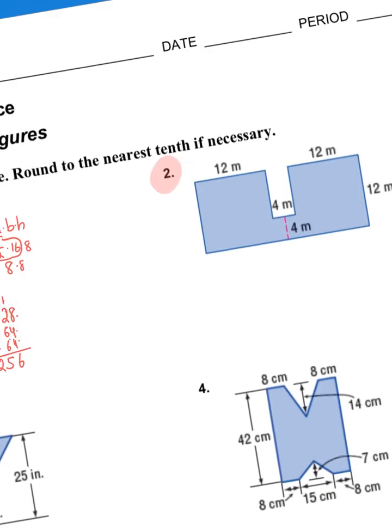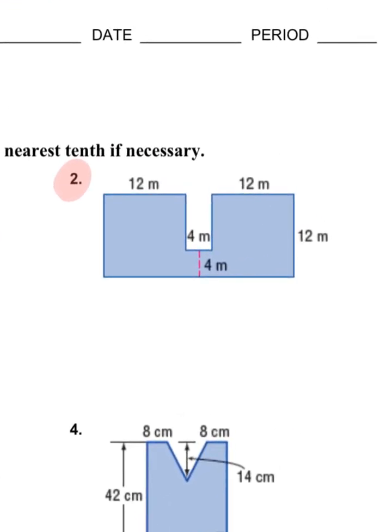Now, let's go over and take a look at number 2. So in this one, a lot of people want to split it just right here and say, I'll find the area of these two things. But think about it. What is a shape that looks like that? We don't know a formula for that, so we can't split it just there. But here's what we can do. We can split it